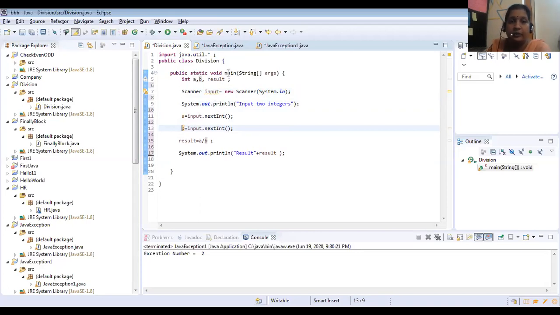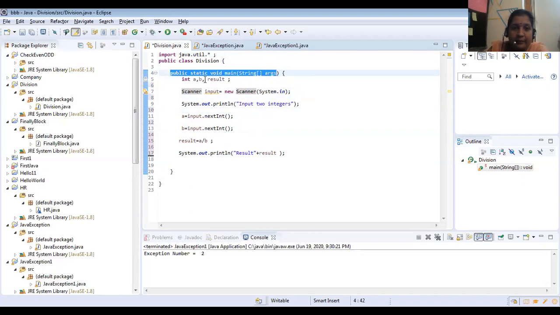Okay, so my execution will always start from here. Here you see I have given java.util.*. Why have I given util.*? Because I have used the Scanner class. You can give star, otherwise you can give Scanner, anything. Generally star represents all. I told you already. So my execution starts from here.